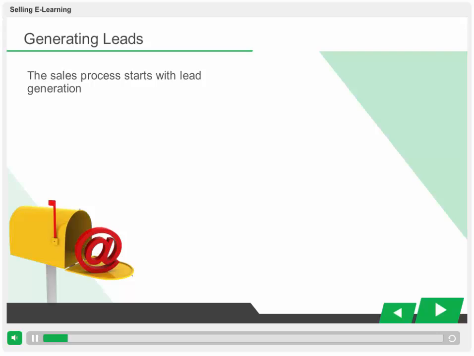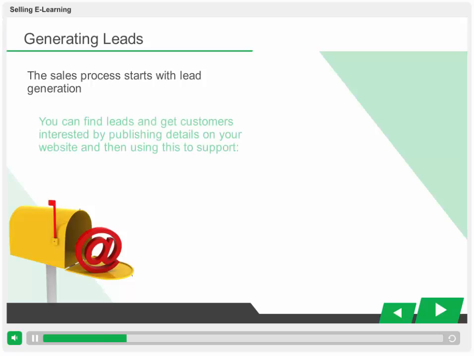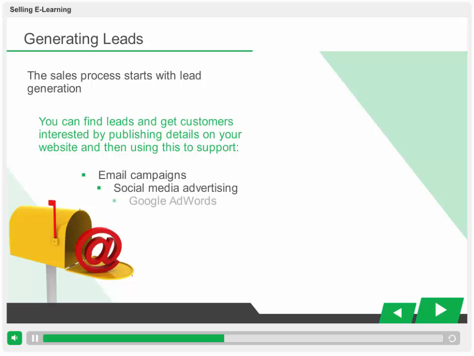We start our sales process by generating a lead or interest in the courses. There are several ways that you can do this. The most obvious way of generating interest in your e-learning courses is to advertise them on your website. This can then be the focus for any email campaigns, social media advertising, Google AdWords advertising, mail shots, and press